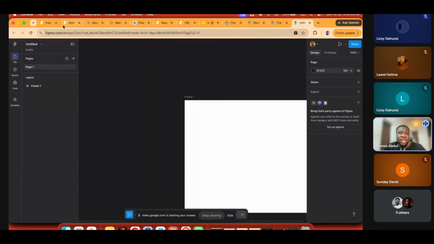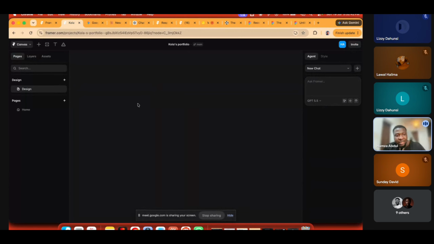So just see this design as Figma inside Framer. I've never used this before because I've never had to use it. In fact, I don't even know how to use it. So for me, this is a very useless feature, but they are doing this to compete with Figma.